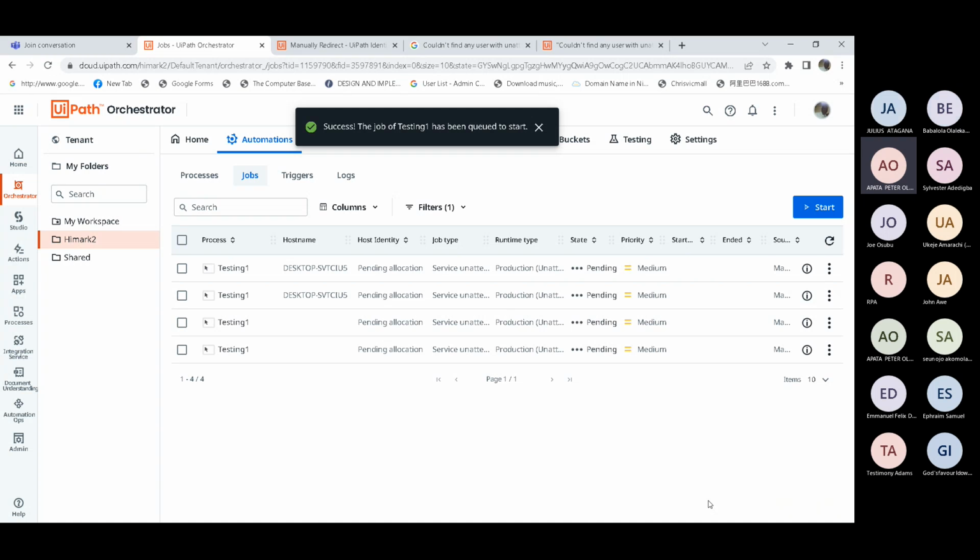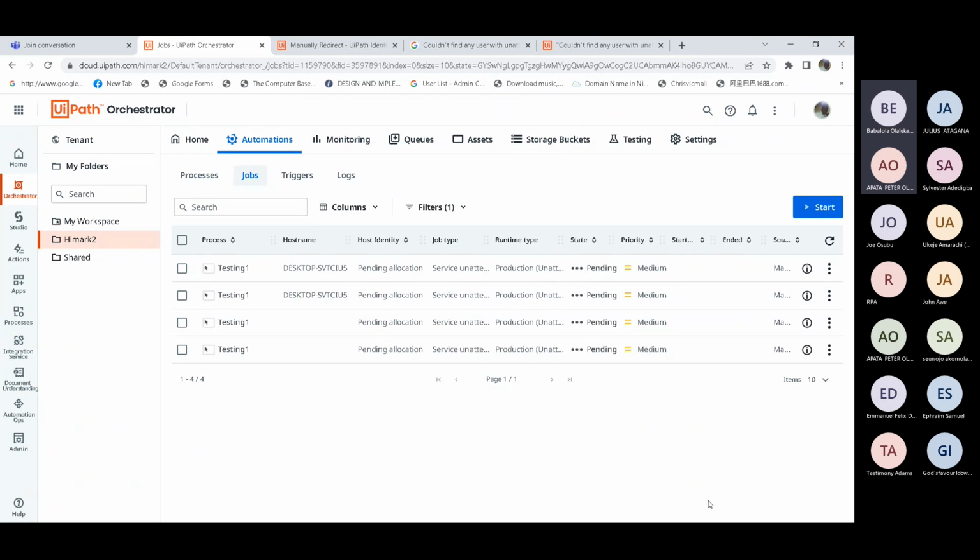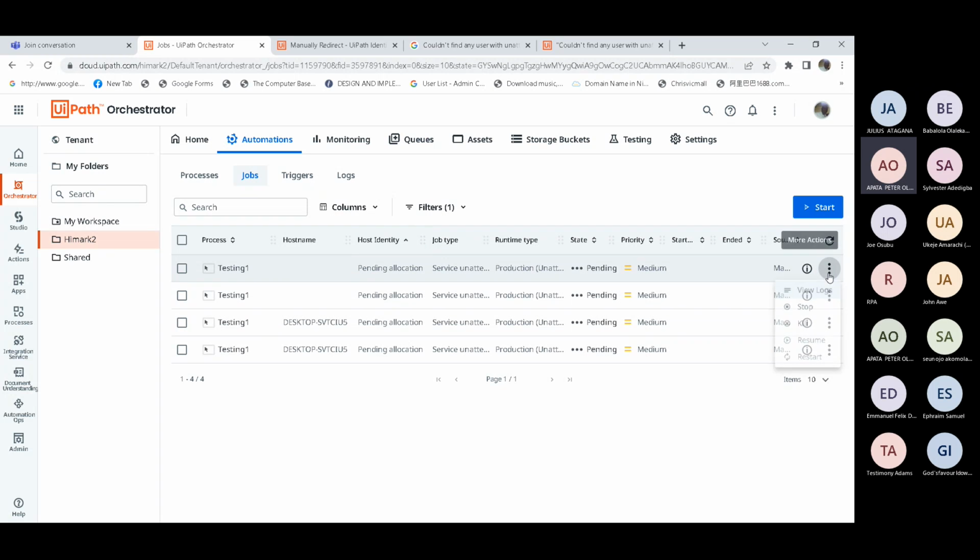We are waiting for the response. Pending allocation. All of them are pending. No, it should execute. Start job.